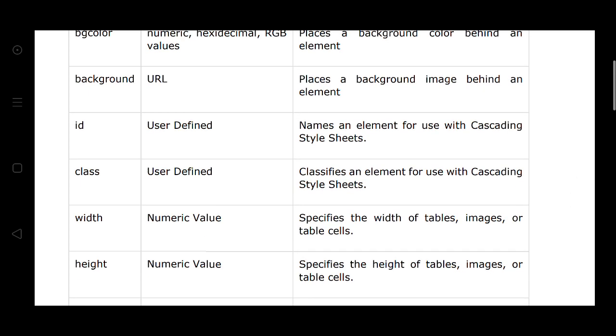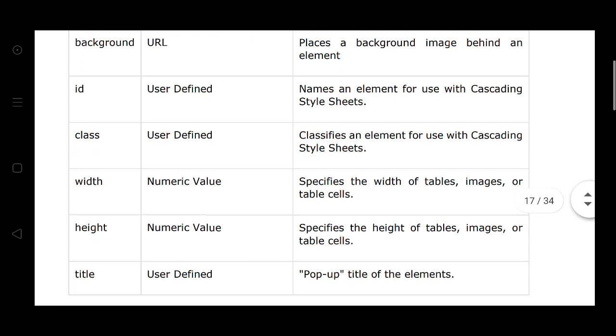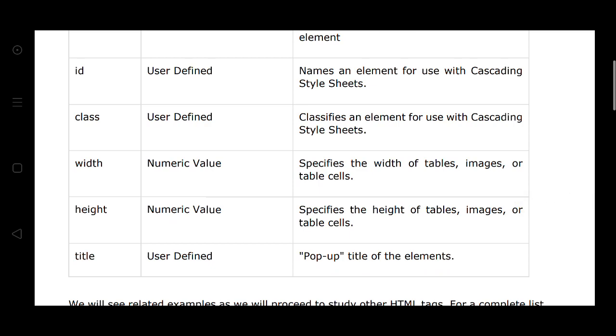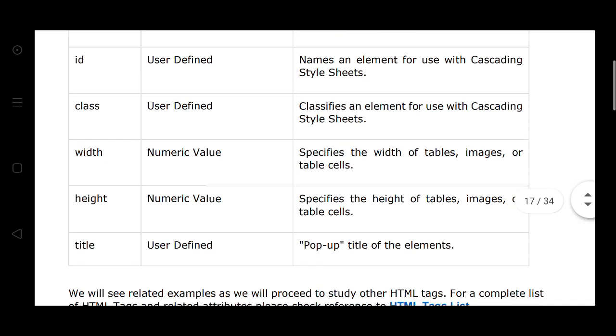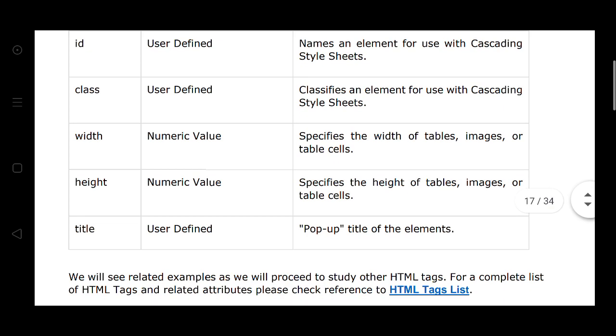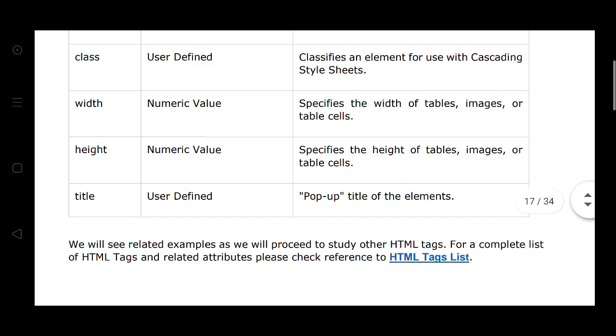Class: user defined, classifies the element for use in the cascading style sheet. Width: numeric values, specify the width of tables, images or table cells. Height: numeric value, specifies the height of tables, images or table cells. Title: user defined, pop-up title of the element.